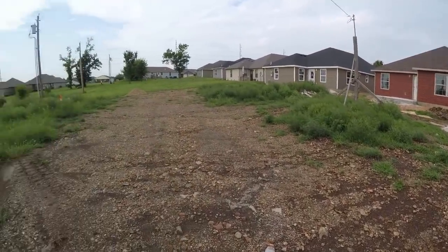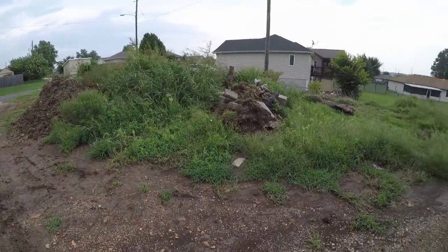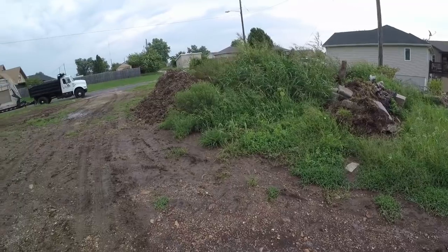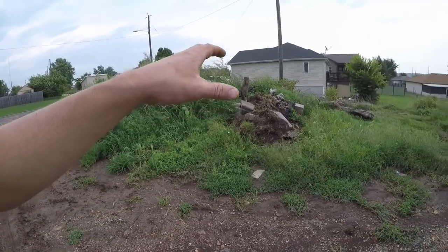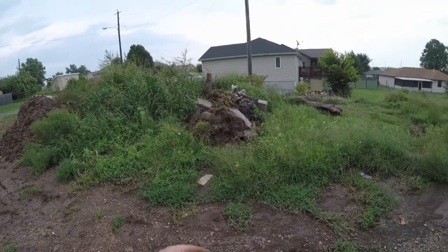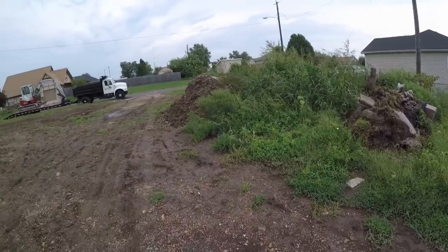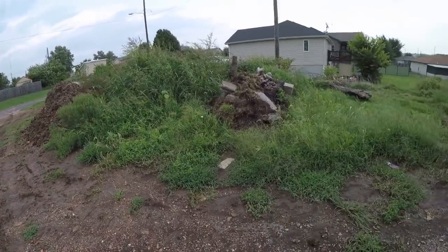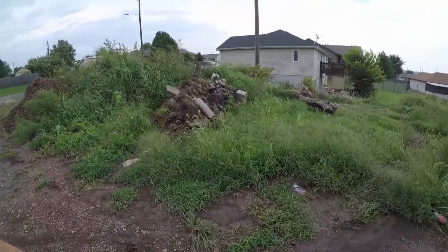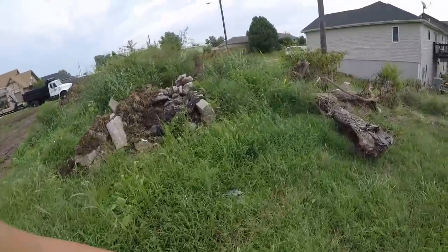And then I'm also going to come in here and start trying to clean. This was kind of our crap pile from the other 3 houses down there. This end is just more concrete and trash, and then there's a bunch of brush and junk I took out, and that side of the pile is some halfway decent fill that I can use. But I got to get this cleaned up because the sewer riser